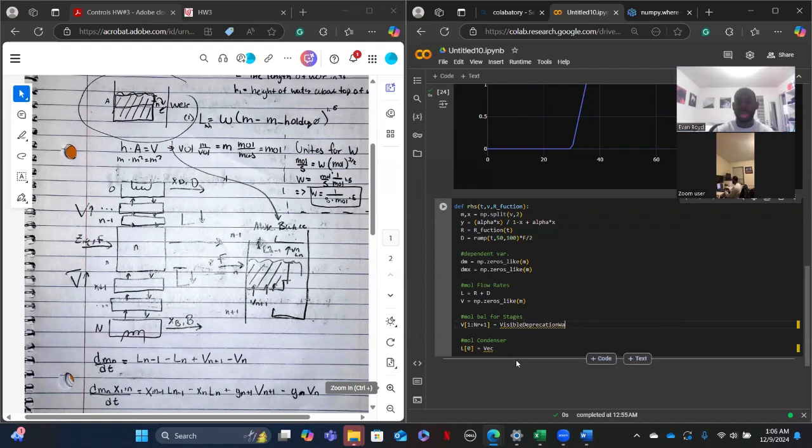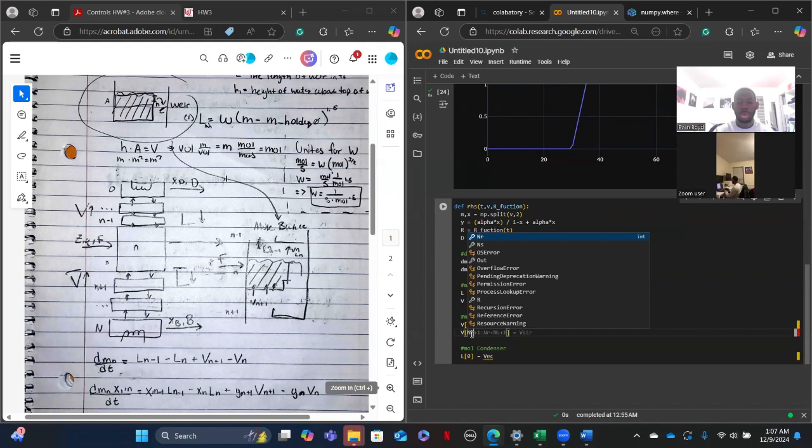V rectifying, so the vapor coming in from our rectifying stage. That is VREC. And then our vapor from the rest of our stages, so from NR plus one to the rest of the distillation column, would just be VREC